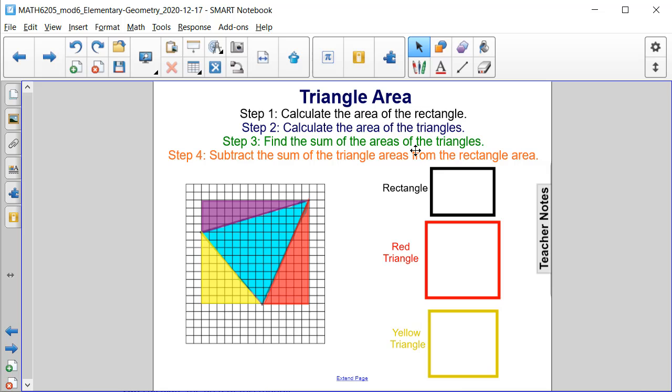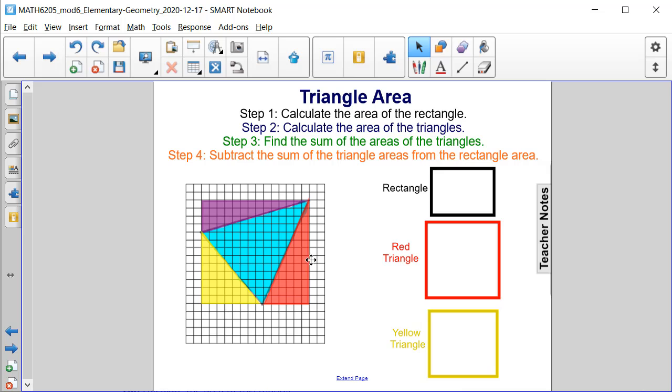Let's start by calculating the area of the rectangle. We can use the grid to count how long the length and width are, or base and height. 1, 2, 3, 4, 5, 6, 7, 8, 9, 10, 11, 12, 13, 14. So we have a length of 14, or a base length of 14, and a width or height of 1,